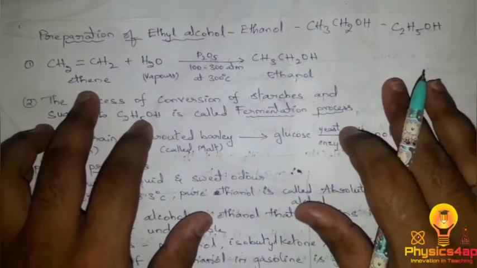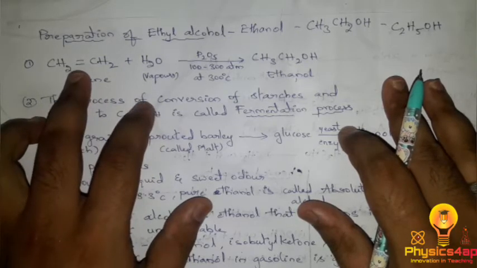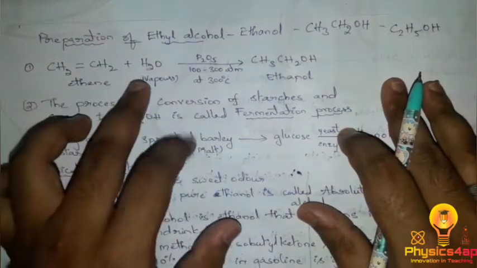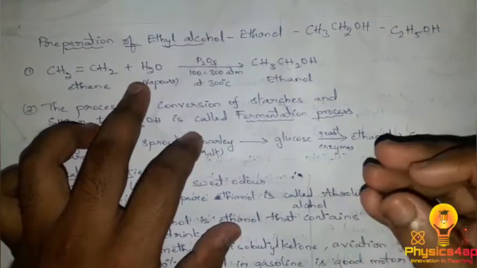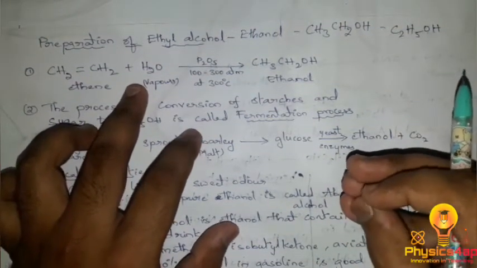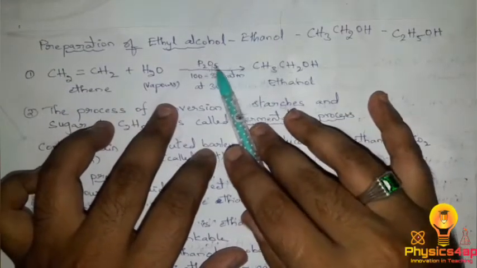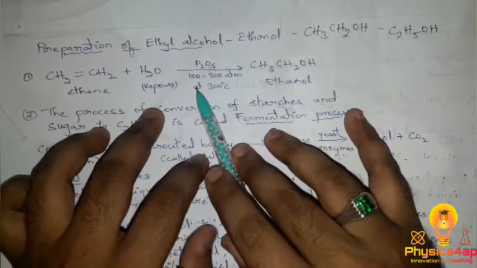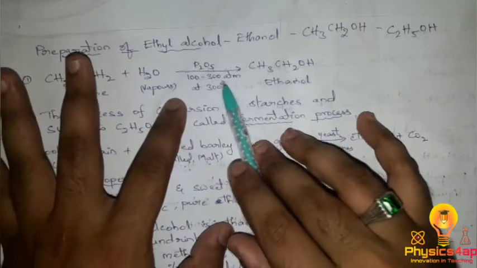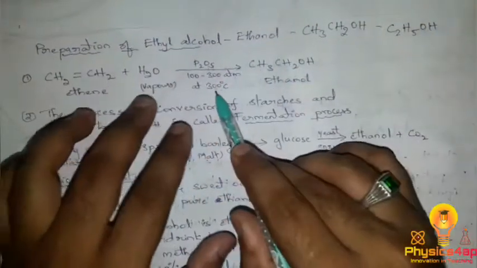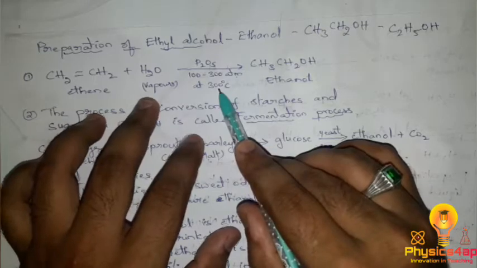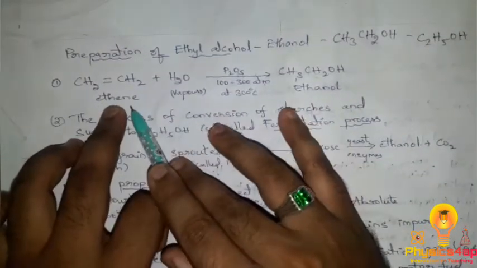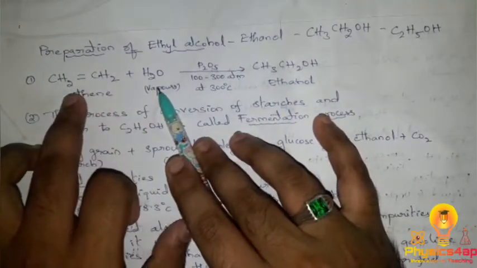First we have ethene, that is CH2 double bond CH2. As we have a double bond, when it is reacted with the vapors of water molecules, in the presence of the catalyst P2O5, that is phosphorus pentoxide, at a pressure of 100 to 300 atmospheres and a temperature of 300 degrees centigrade, this ethene gets converted into alcohol, that is when H2O gets combined with this, it converts into